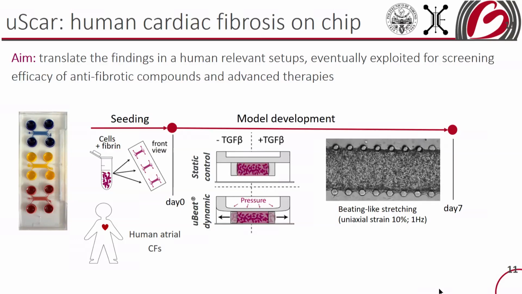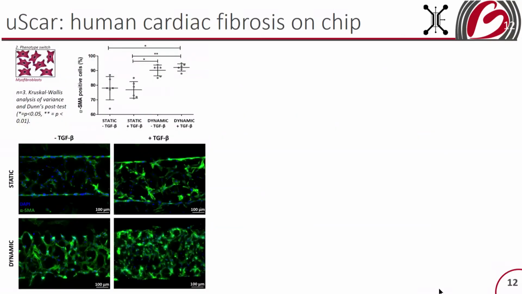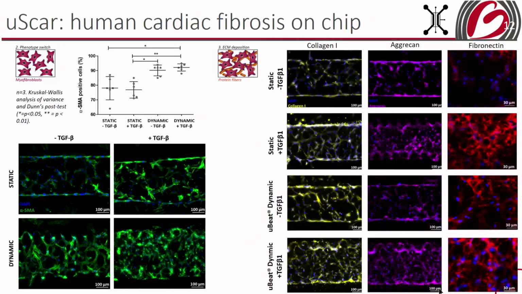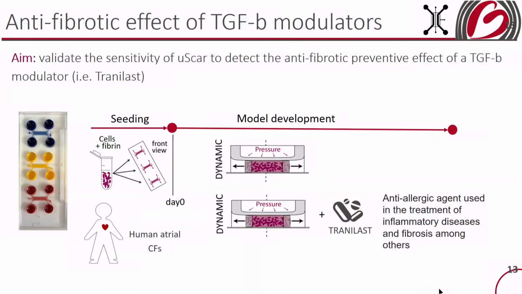We just used a human cell type, and again we confirmed that by applying mechanical stimulation we can actually trigger the fibroblast to myofibroblast transition, in this case even in a statistically significant way as compared to only TGF-beta. And again, we could confirm that our mechanical stimulation is enough to induce a fibrotic deposition of collagen 1, aggrecan, and fibronectin proteins. So now we were ready to validate the sensitivity of our uScar model against an antifibrotic preventive